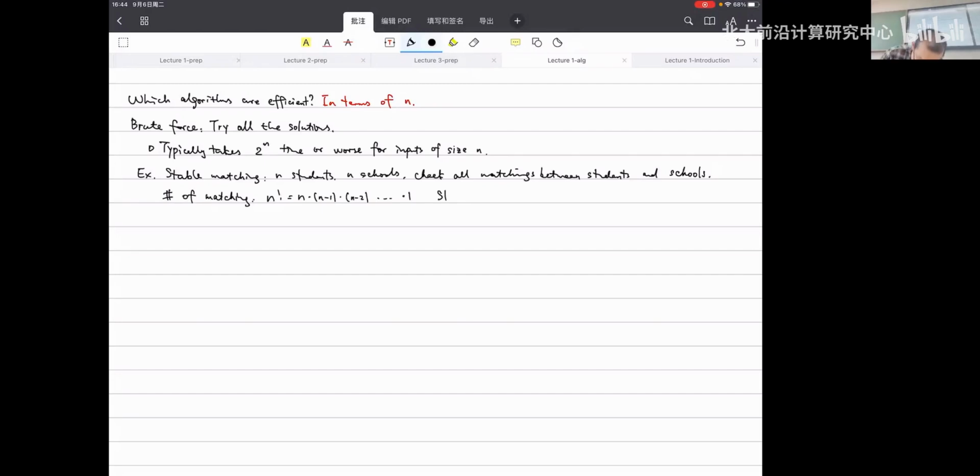There is a formula called Stirling's formula, saying that n factorial roughly equals the square root of 2 pi n times n over e to the n. And actually, this is even much larger than 2 to the n, because you're talking about n over e to the n instead of 2 to the n. So if you're really powerful, and you don't mind anything, then brute force can actually solve a lot of problems. But this is not really the algorithm that we want, because it takes too much time, too many trials. Of course, we want more efficient algorithms.